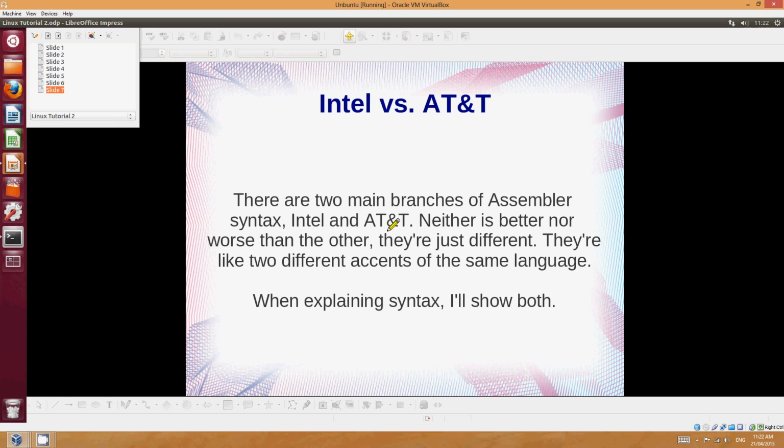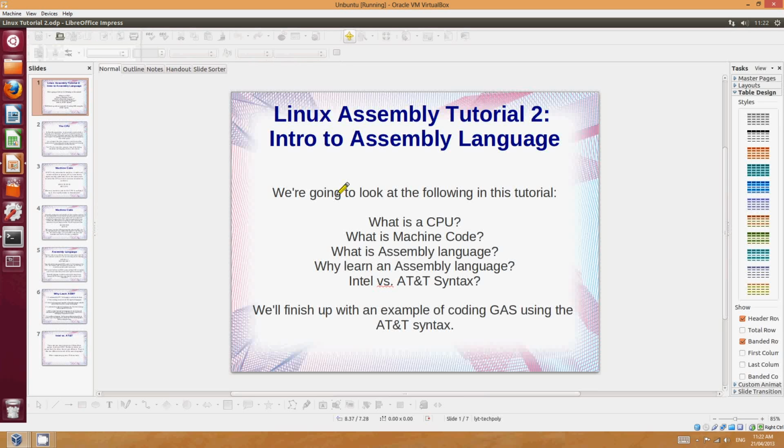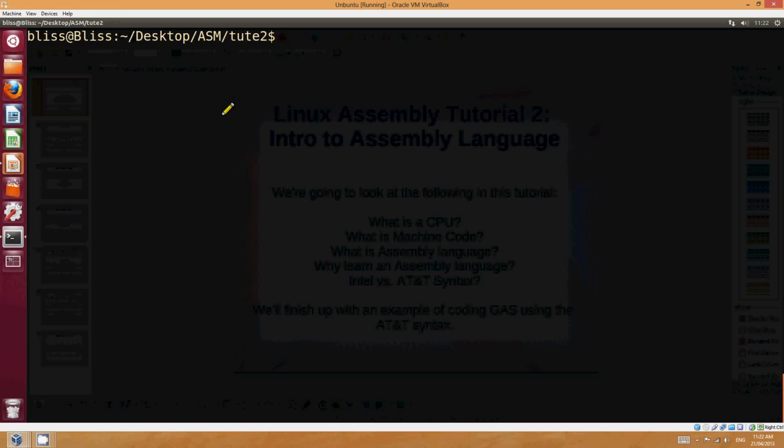Thank you very much to the viewer also that pointed out that you can actually change GAS to use Intel syntax. Yeah, that's very, very useful. So thank you for that information. Anyway, in the future we'll explain them both. Okay, that's good. So let's get to coding. We're going to do the same thing as we did last time, only this time we'll use AT&T syntax and